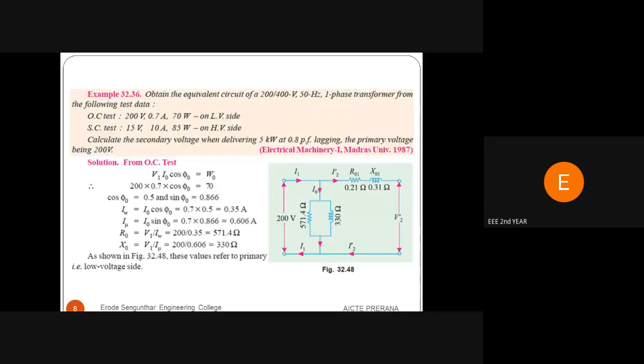So it is given in the short circuit test formula. Okay, wattmeter reading divided by ammeter reading square. Okay. 85 divided by 10 square equal to 100. So 85 by 100, we can get 0.85 ohm. Okay. So it is the equivalent resistance referred to secondary, but all the parameters are to be transferred to the primary side. So that's why we have to calculate R01 equal to R02 divided by K square. So substitute 0.85 divided by 4 equal to 0.21 ohm.